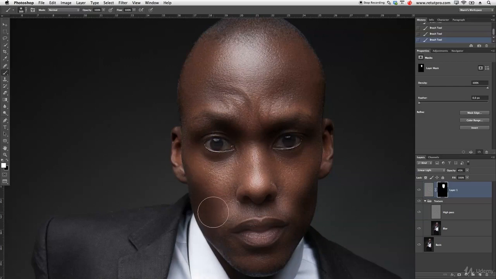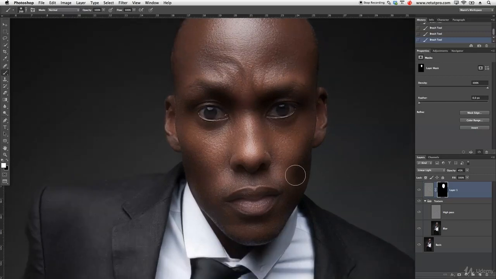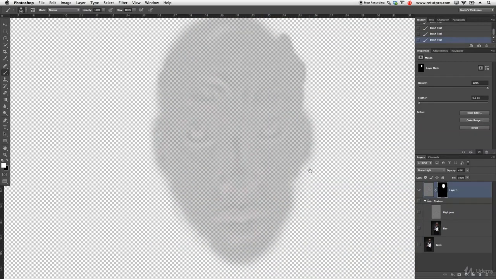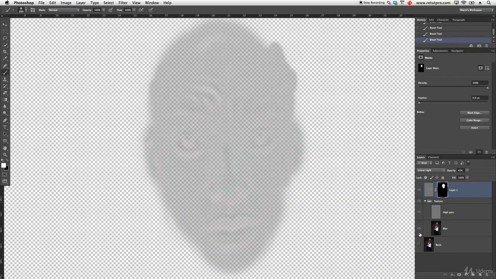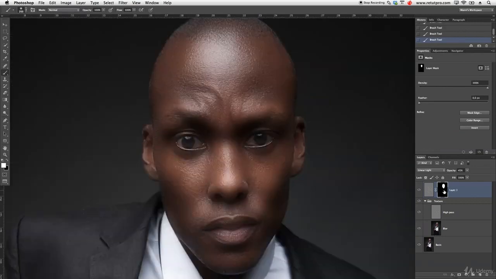Okay, so the transitions work really nicely. Okay, a little bit more, and I'm just going to do it really roughly now. Over this ear. Okay, a little bit down. Okay, let's have a look if we covered almost everything. Yep. Okay, so what I'm going to do is turn all layers on again, go back to this layer,